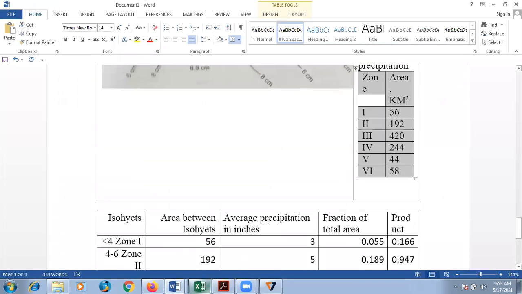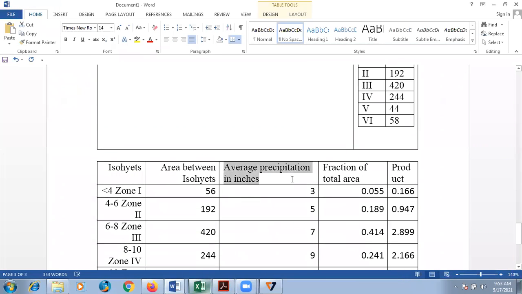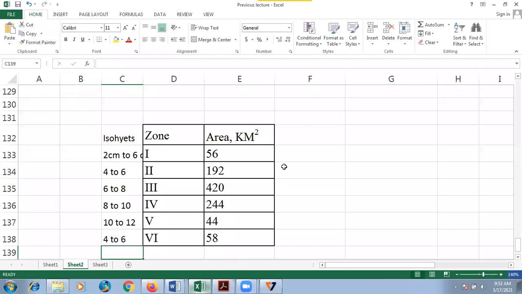Then you have to calculate the average value of the precipitation. The average value of the precipitation needs to be calculated. So average precipitation, if you take